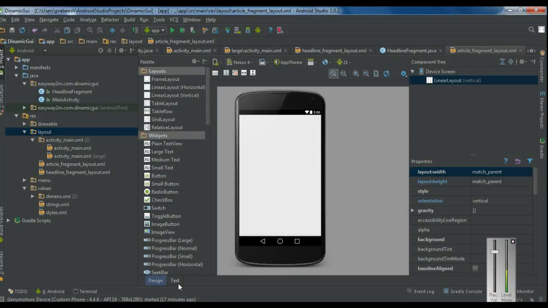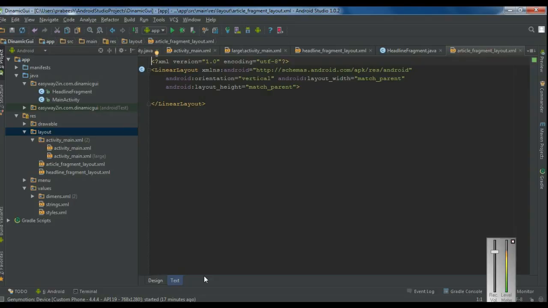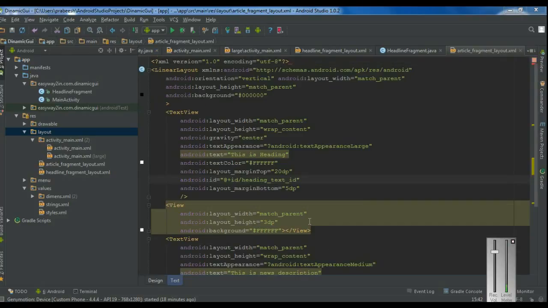Now here we need to add two text views. The first text view is for displaying the news headline and another text view for displaying the news contents. Now here I am going to make the design. Okay, now here I finished the design of the news article fragment. Here add a text view for displaying the news heading,